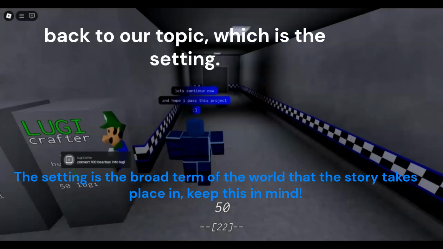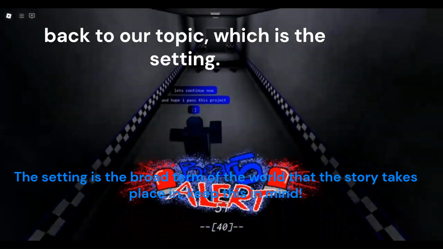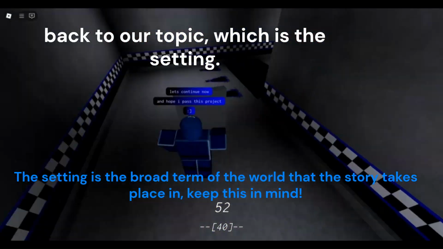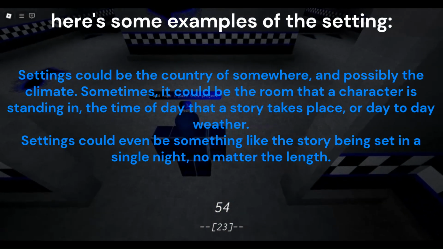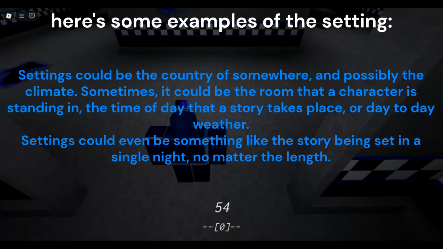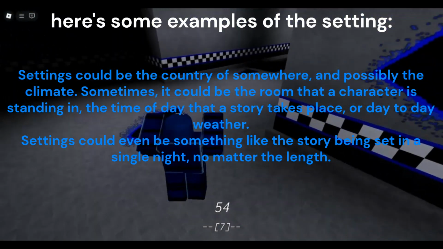Back to our topic, which is the setting. The setting is the broad term of the world that the story takes place in. Keep this in mind. Here are some examples of the setting. Settings could be the country of somewhere, and possibly the climate. Sometimes, it could be the room that a character is standing in, the time of day that a story takes